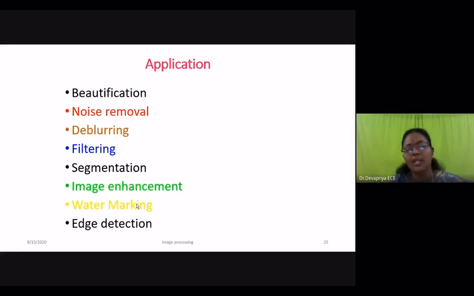Then noise removal, as I said, the same concept is applied here also. When you are removing the marks on your face, here also we are focusing on noise removal. And deblurring. Whenever we capture an image while the object is moving, like a sportsman running in a competition, due to the motion of that person you feel that the image is blurred. At that time, you cannot make him run one more time. So you can apply the deblurring technique, which slightly helps you get a better image.